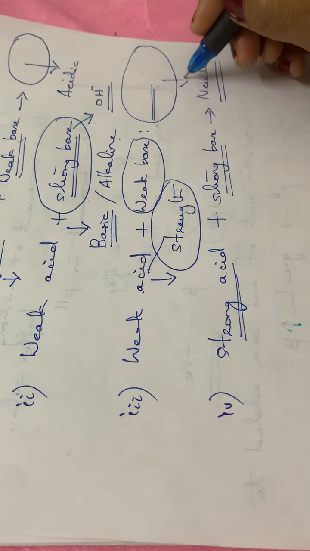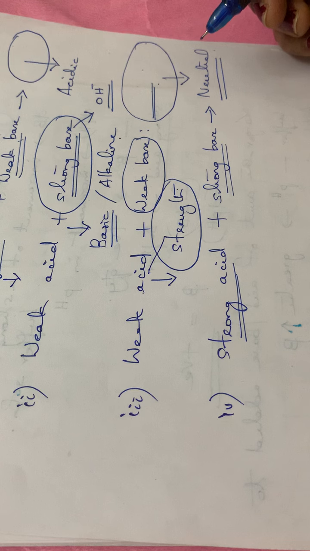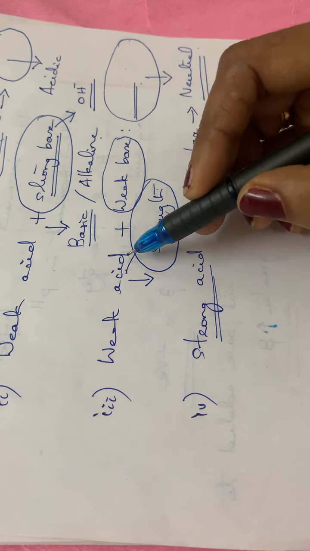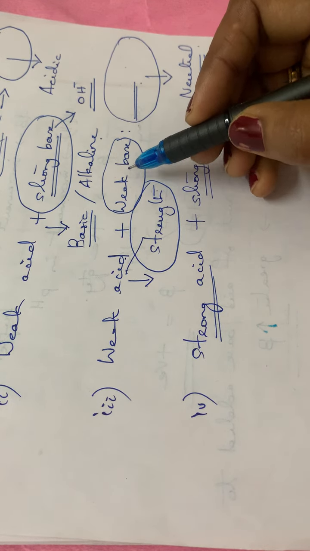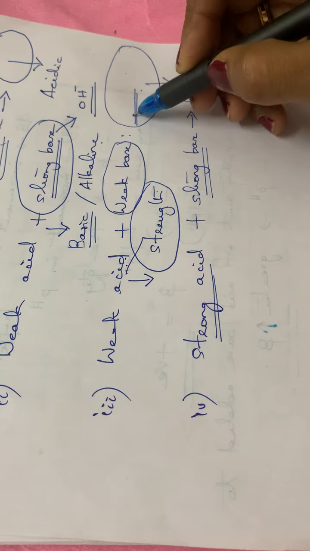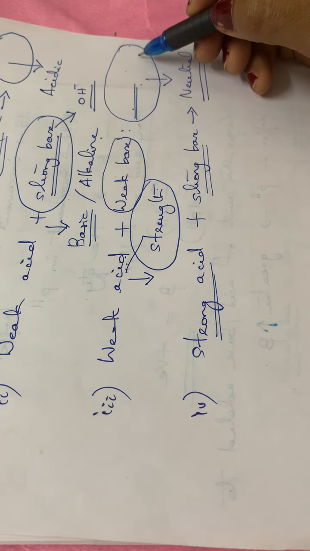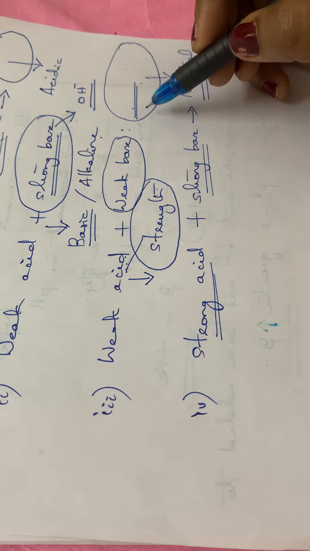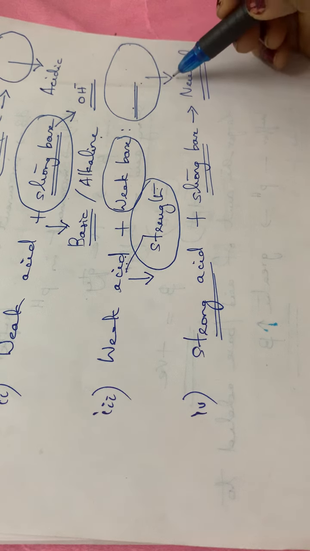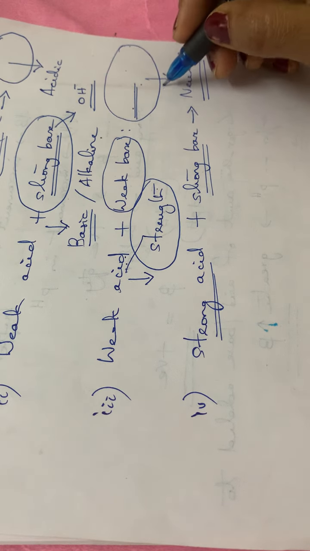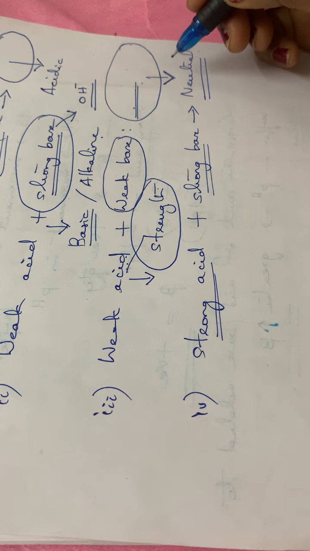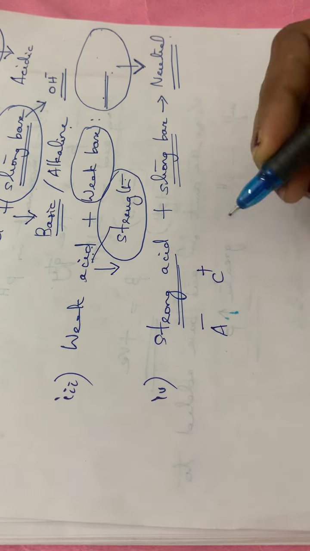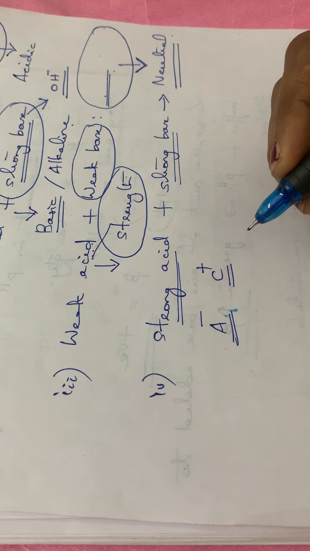Okay, so this process is just the opposite of neutralization, and it is called salt hydrolysis. That means the acid and base react together to form a salt, and again the salt reacts with water. That is, in solutions we are doing all this. So the formed salt will react with water to form a solution of acidic or basic nature. So this phenomenon of interaction of anions or cations